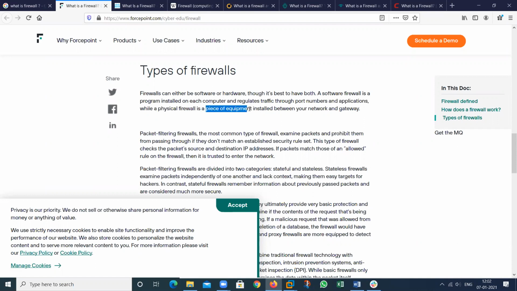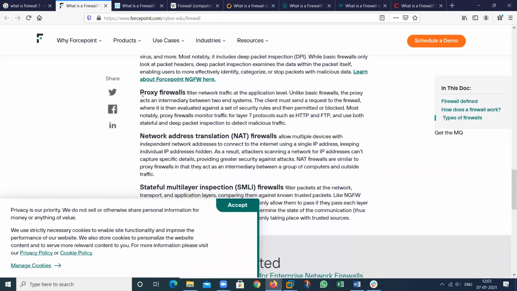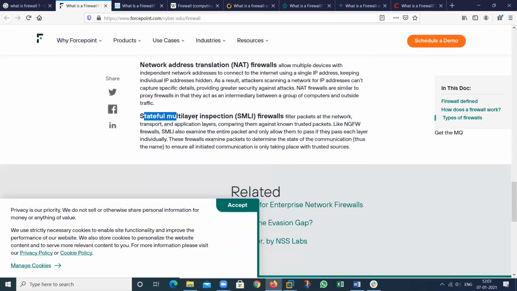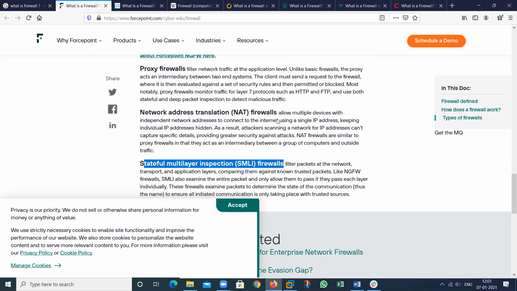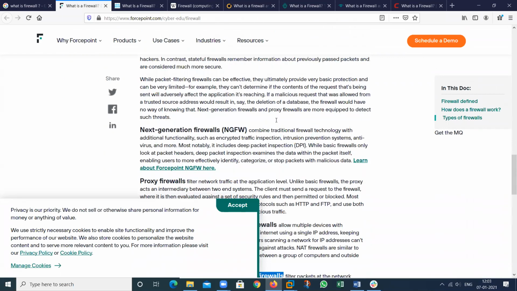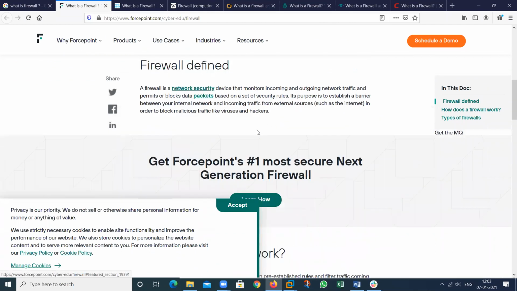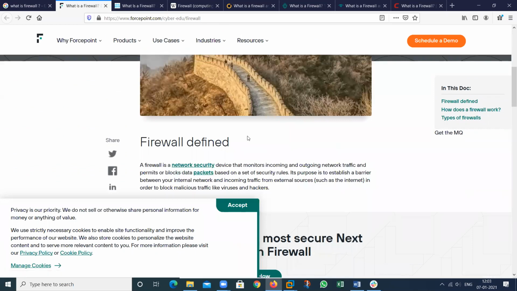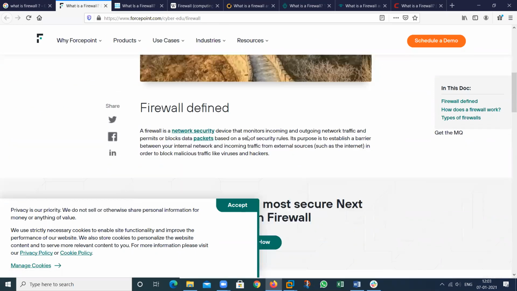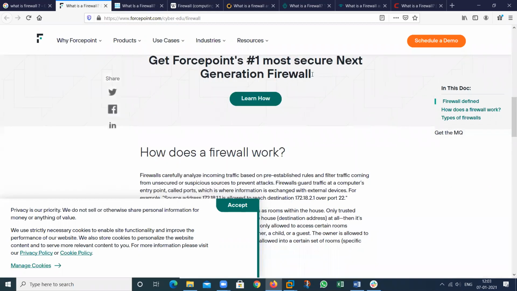In this piece of code that is predefined, you can work this particular firewall as a network gateway, as a gateway address. So you can filter any traffic. You can use a proxy firewall, a NAT firewall, a stateful multi-layer inspection firewall, different types of firewall that can provide the service. But the default working in the background, all the firewalls will have. So this is the theoretical portion about the firewall.